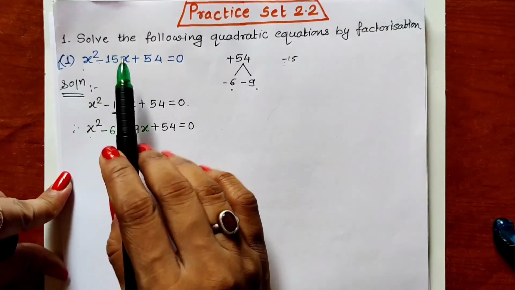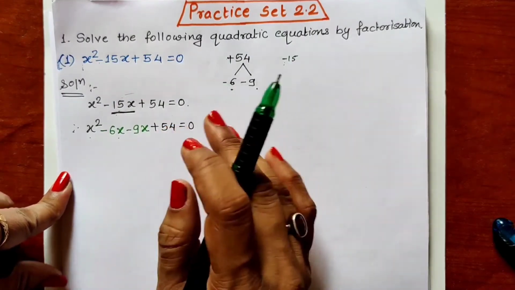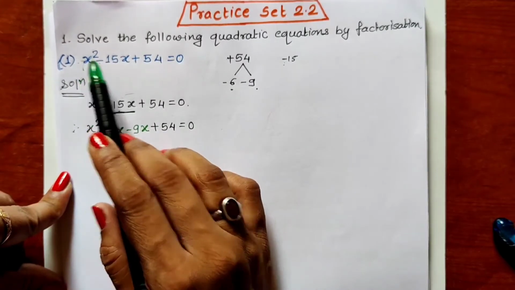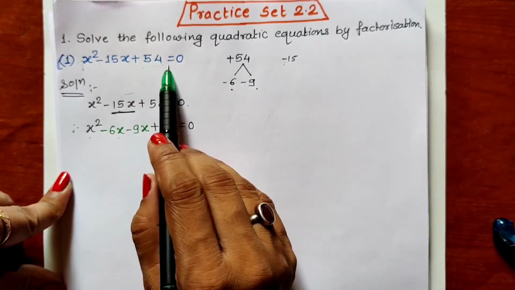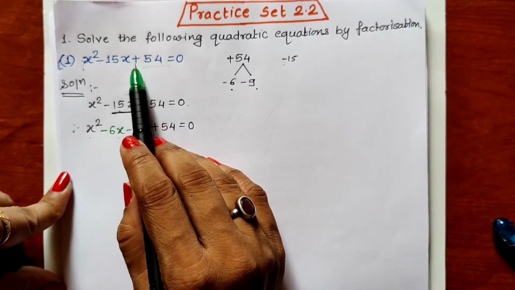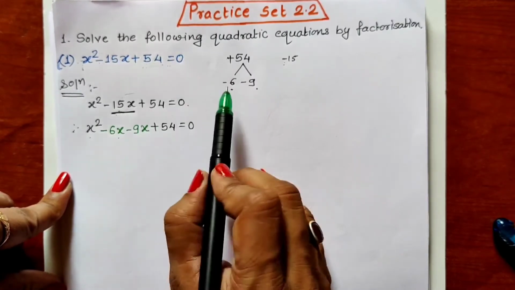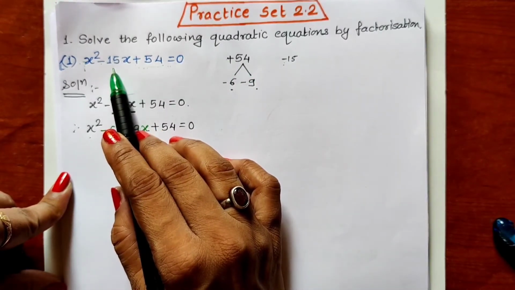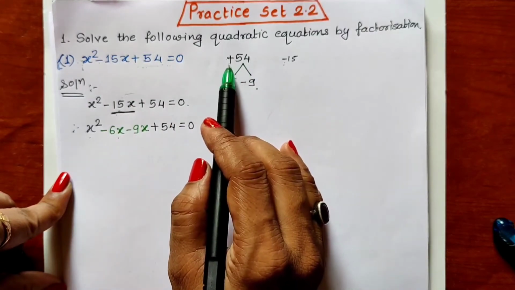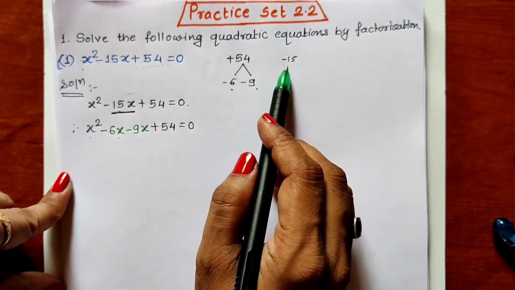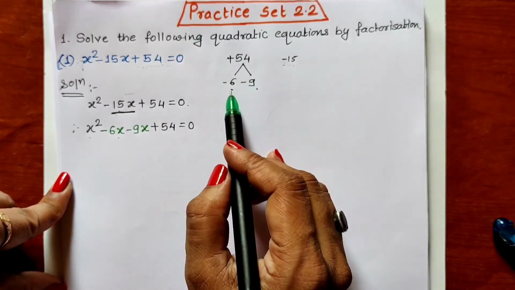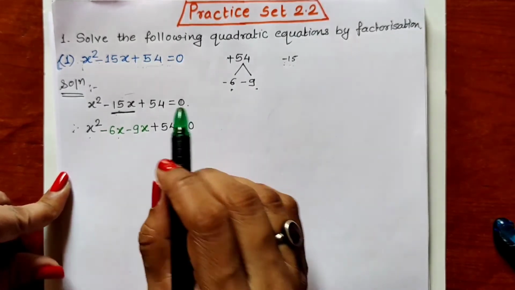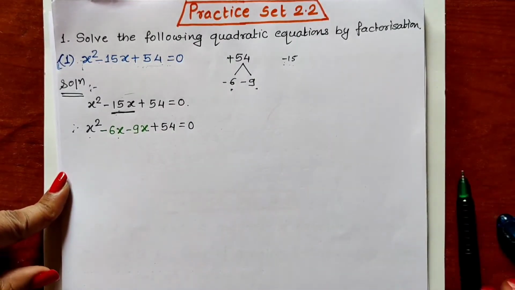If it is greater than 1, then we will see what we have to do in the next few sums. But here, when the coefficient of the first term is 1, we have to factorize the constant term, and if the constant term has a plus sign, we have to find two factors of the constant term whose addition is the coefficient of the middle term. So we have got two factors of 54 whose addition is the coefficient of the middle term. The coefficient of the middle term is minus 15. So the factors are minus 6 and minus 9, whose addition is minus 15. So in this way we have to split. Now let us do the next step.